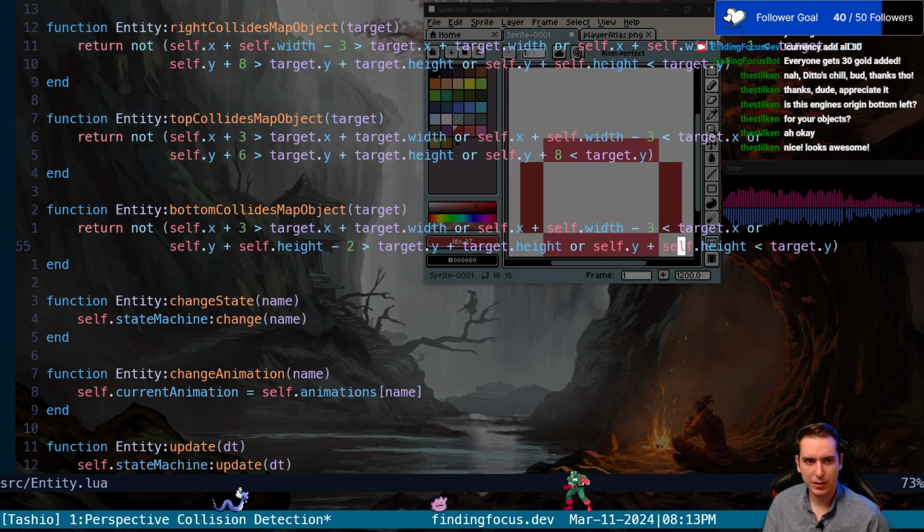Those are right, so we must be messing up the y here. We're checking the top of our bottom colliding box, because it's a -2. Top would have to be, oh, here's where we're, well, yeah, the top of us would have to be greater than, see, this is wrong. The top of our bottom bounding box would have to be greater than the